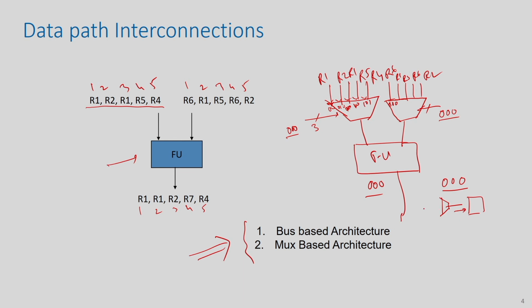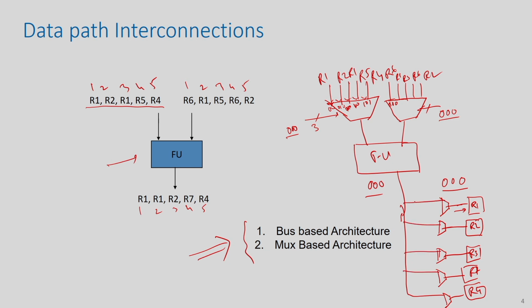So, for example, suppose this is R1, let me just complete this diagram. R2, R3, sorry, this is R7 and this is R4, and let us assume there is a mux at the input of this register, and this is one of the inputs to it. Since I have only taken one FU, I am just making one connection. There may be other FUs, and for those the other connections will come, and also there will be some enable signal. It may be that in some state you do not want to update one register at all, so you need some enable signal as well.